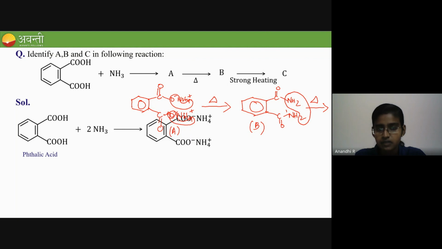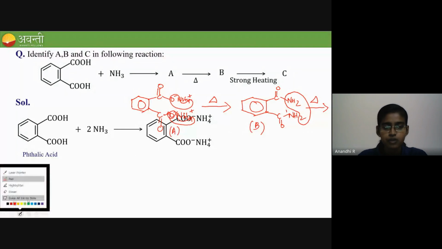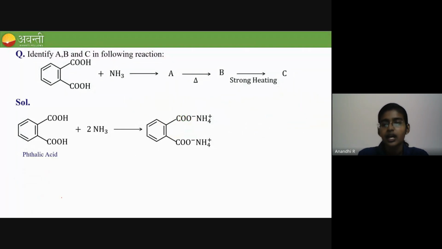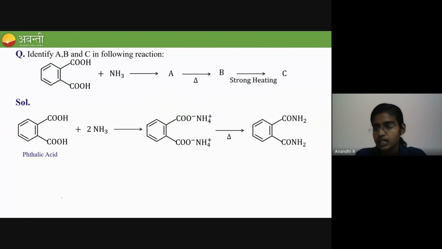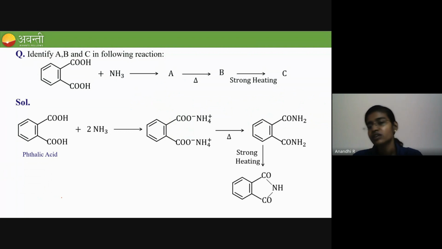It is treated with 2 moles of ammonia and it forms an ammonium salt. And this ammonium salt on heating forms an amide, and this amide on strong heating forms a cyclic compound, which is called